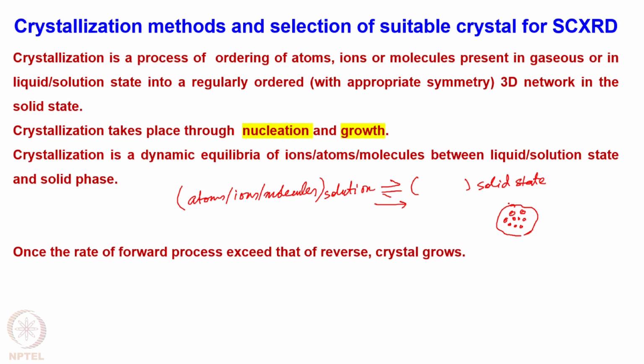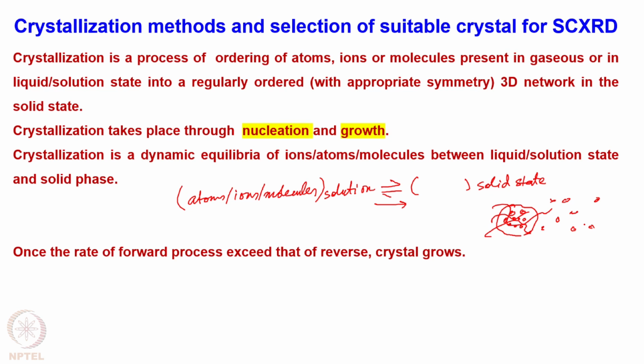And you remember, in solution, these atoms, ions or molecules are always in random motion. So this group will again break and they will be scattered here and there due to their random motion. So this process continues, and